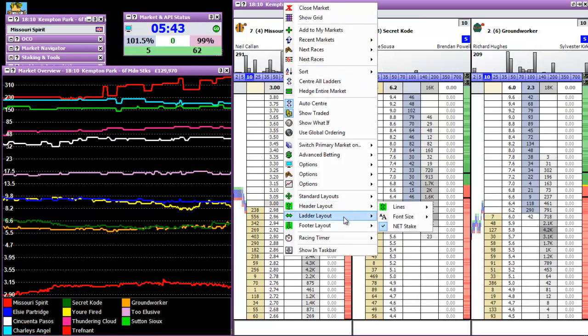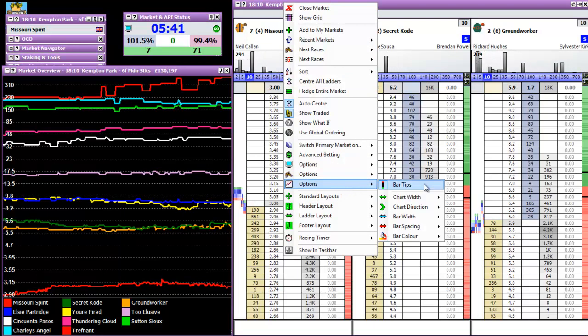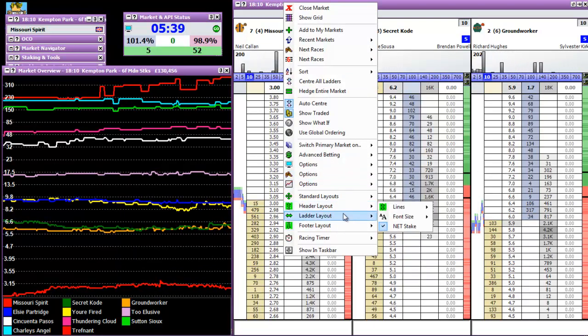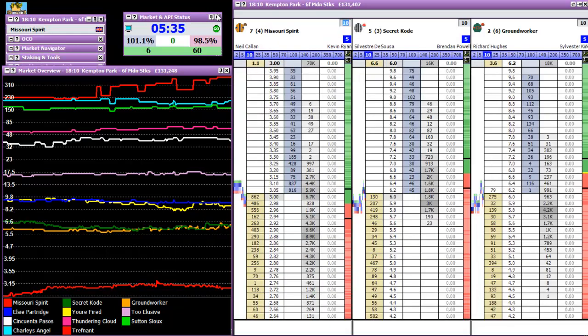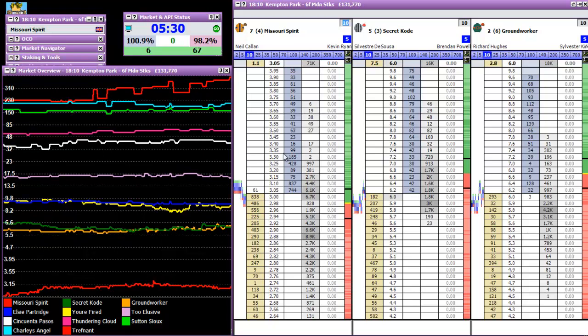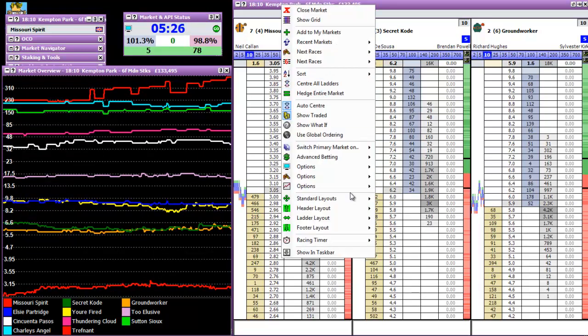So let's take off the streaming chart at the top. Where is it? Streaming charts off. Got a bit more space, look. Market overview, I'll leave that on. Traded volume again, I'm not going to need that. Might be nicer to have more runners if I possibly can, so take the traded